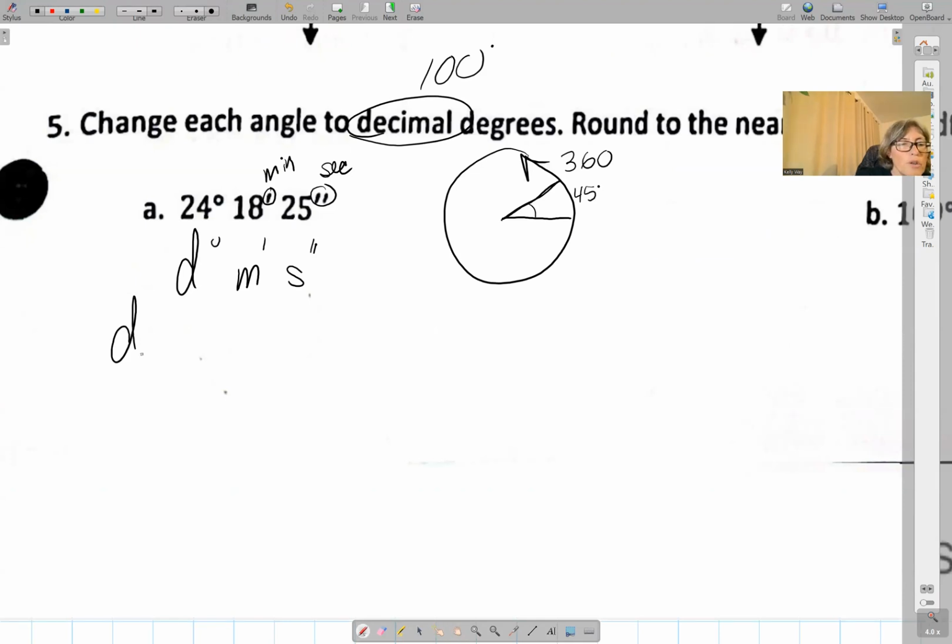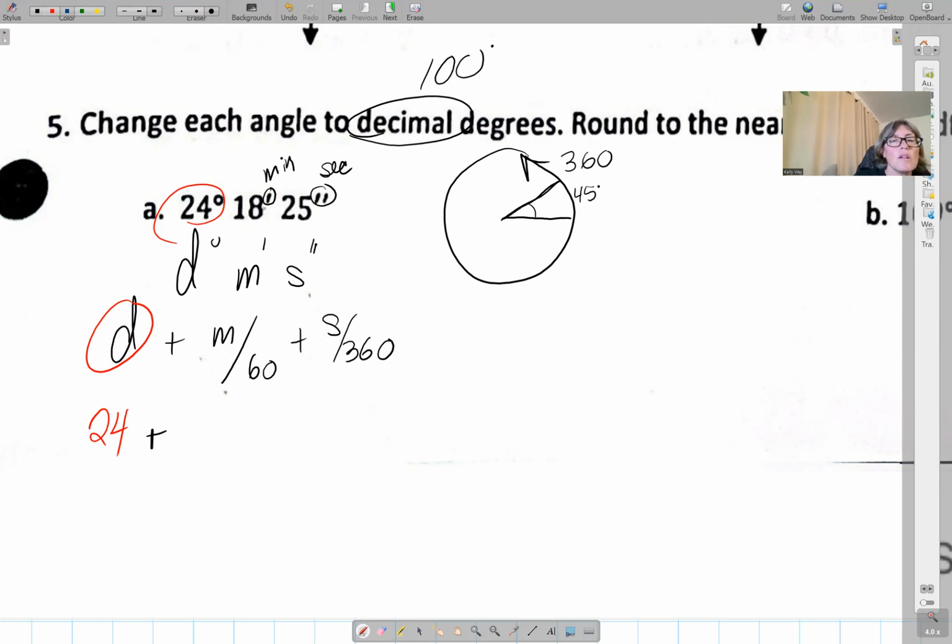You're going to take whatever the degrees are and you add whatever the minutes are over 60, plus whatever the seconds are divided by 60 times 60, because there's 60 seconds in a minute and 60 minutes in an hour. So it's 3600. So for example, here, my degrees would be 24